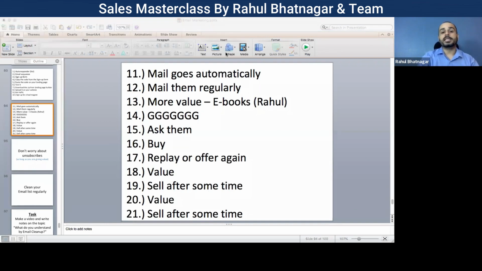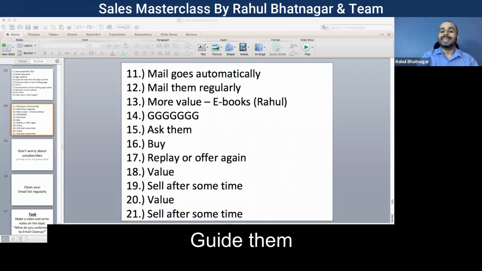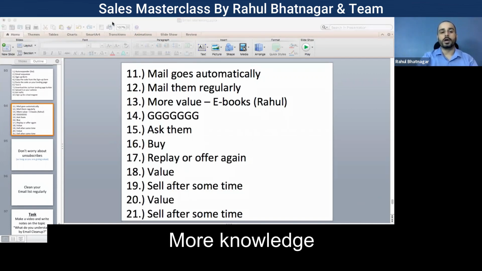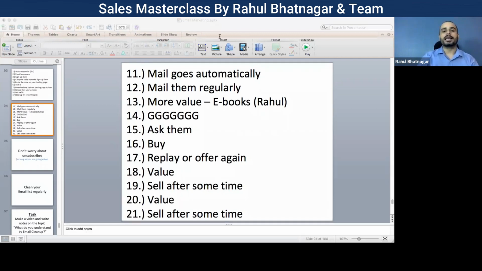Then you get them to a page, then you become a part of your page. Things happen, then they become a part of the community. Then you regularly guide them and you regularly nurture them. This is known as nurturing your audience. When you regularly nurture them, you provide them with more knowledge, you provide them with more information. Gradually, they would become a part of your other offerings also. And gradually, you would be able to monetize that as well. It is as simple as that.